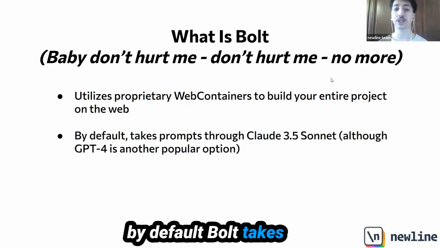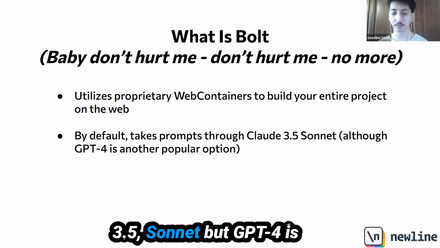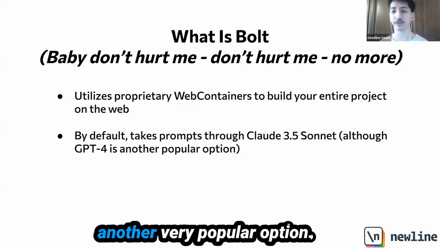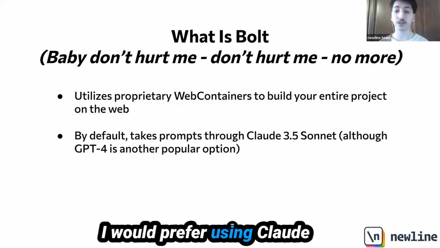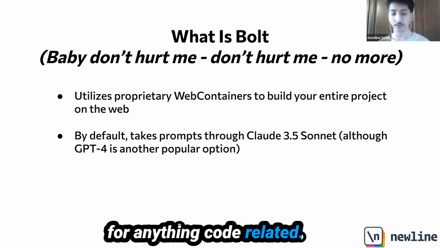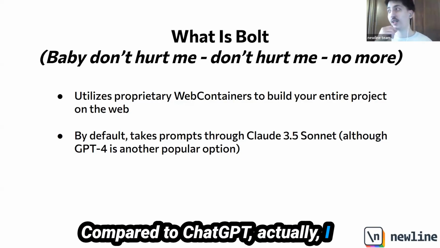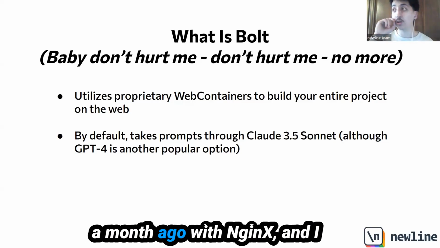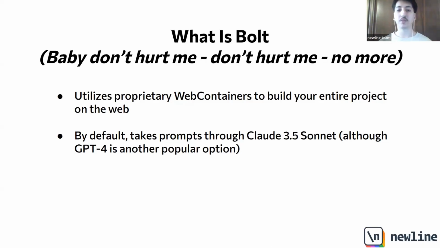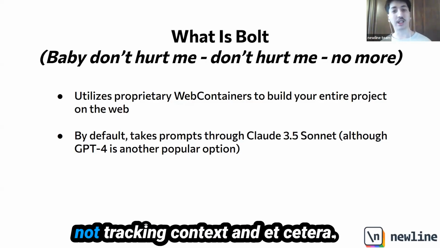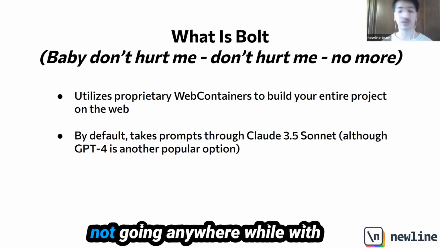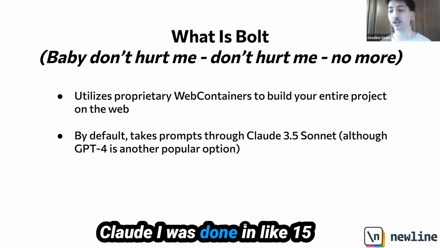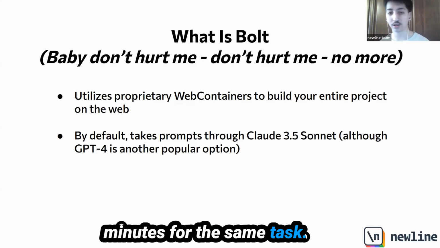By default, Bolt takes prompts through Claude 3.5 Sonnet, but GPT-4 is another very popular option. Also, if you ask me personally, I would prefer using Claude for anything code related compared to ChatGPT. Actually, I remember trying to set up a server a month ago with Nginx, and ChatGPT kept giving me more and more confusing answers, not tracking context, etc. I spent 2 hours on ChatGPT, not going anywhere, while with Claude, I was done in like 15 minutes for the same task. But anyway,